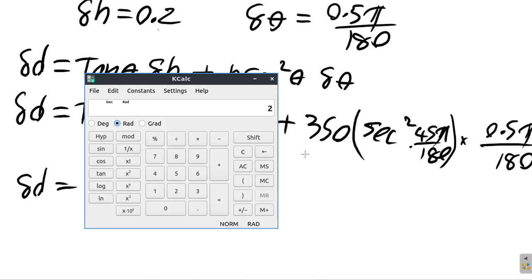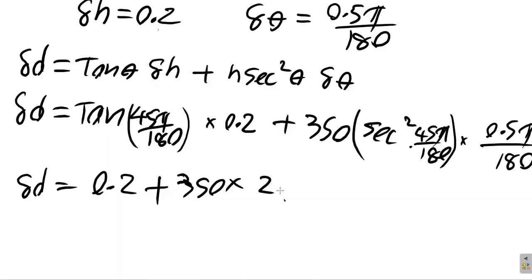And then what is 0.5 pi over 180? So we have 0.5 times pi over 180 equal 0.00873. When you round it off, 0.00873. So 0.2 by 0.00873. So the change in d is equal to,